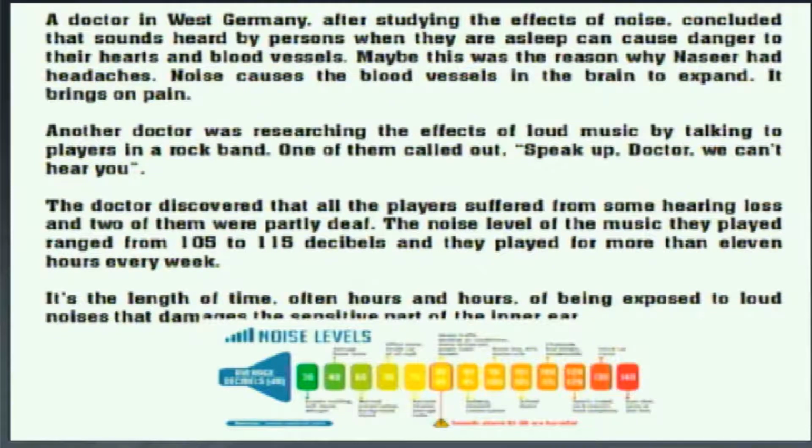Another doctor was researching the effect of loud music by talking to players in a rock band. One of them called out, "Speak up, doctor, we can't hear you." The doctor discovered all the players suffered from some hearing loss, and two of them were partly deaf. The noise level of the music they played ranged from 105 to 115 decibels, and they played for more than